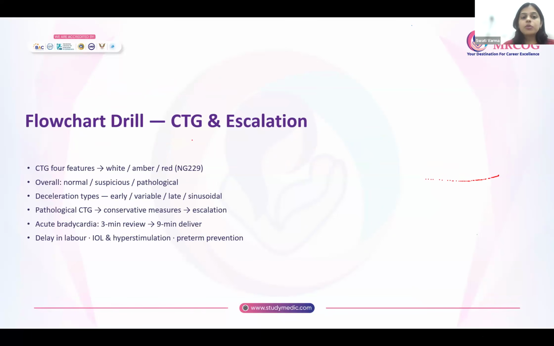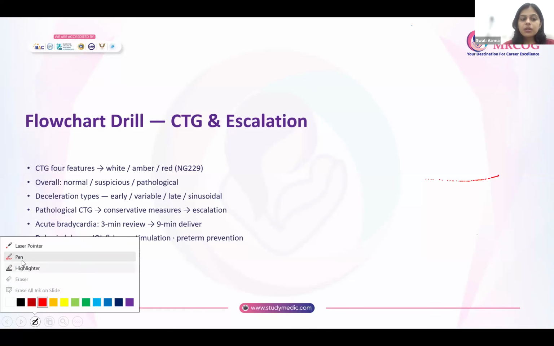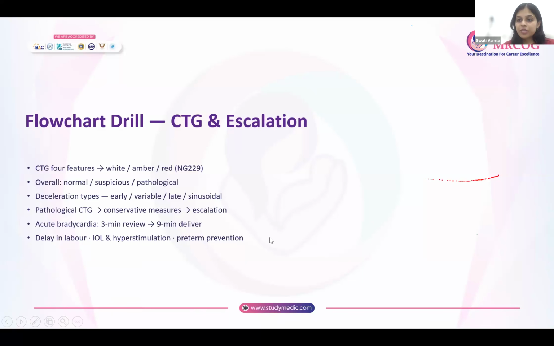Next, let's come to flowchart drill, CTG and escalation. We all know that we classify CTG, you must have heard of the term Dr. C. Bravado. While interpreting CTG, first is determining the risk, then contractions, then baseline rate, accelerations, if present it's a good feature, then variability, then decelerations. Each of these features we classify either as white, amber